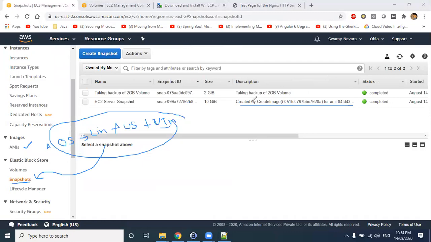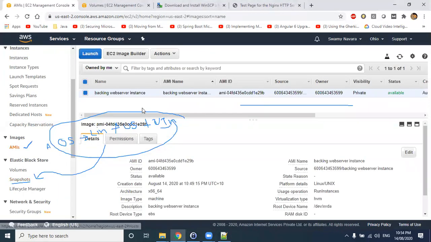Any queries here? Now what we are doing: after creating this snapshot, we have terminated our previous instance. Now we are creating a new instance from the existing image we have taken a backup from. Either you can create it from here, or you can also create it during the selection options. So let us remove this one.